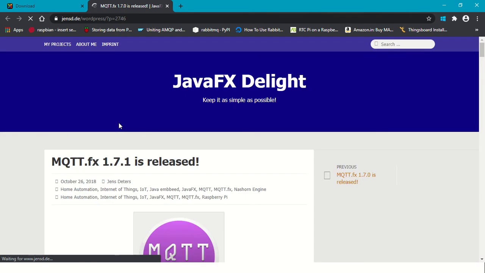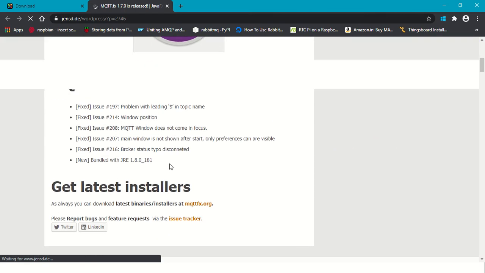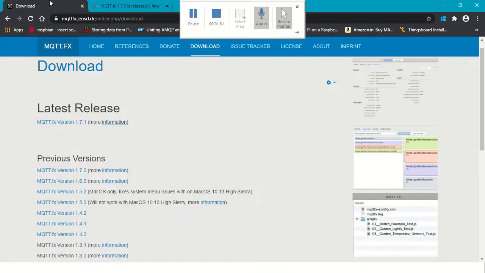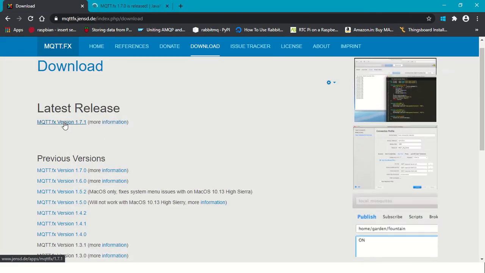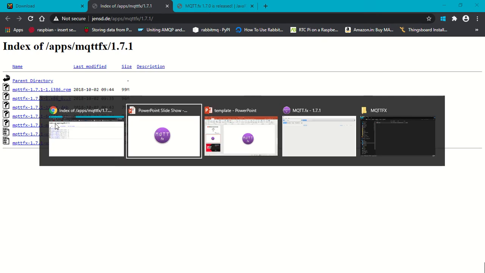I strongly recommend you go through this information bar before settling on a version. You can see the release notes here, like what exactly they have done and what fixes they have made, and you can select the version and download based on your OS. If it is for Windows, you can download Windows. If you are using a Linux based OS, you can download the Linux version, and you can download it for Mac as well. So I'll directly launch the application.